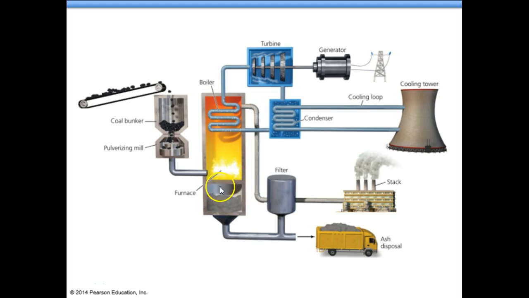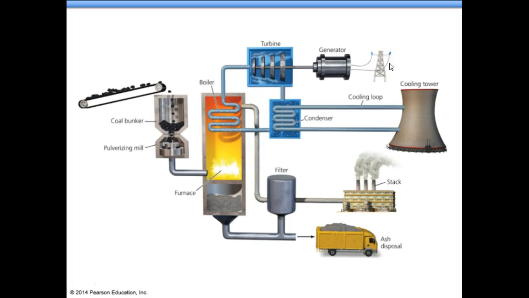This is what we get after it burns. And this pipe has water in it, so this is going to heat the water that's passing through these pipes. And as it heats the water, it's going to power this turbine, making it spin, and that's going to generate